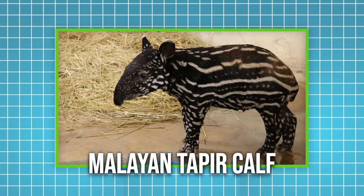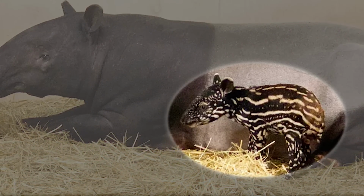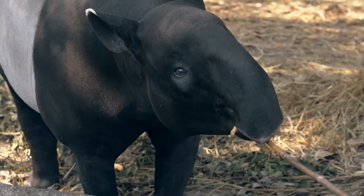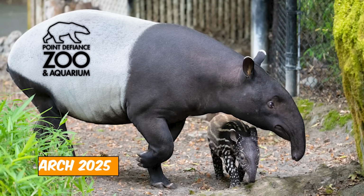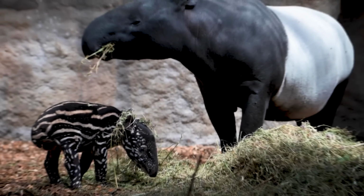Malayan Tapir calf. Newborn tapirs look like watermelons come to life, striped and spotted to blend into sunlit forests. Their trunk-like snout, a soft mini version of an elephant's, wiggles adorably as they learn to grab leaves. By 6 months, their coat transforms into the adult sleek black and white pattern, which confuses predators like tigers in moonlit jungles. The calf born at Point Defiance Zoo in March 2025 became a social media star for its playful mud bath, rolling around like a chubby,